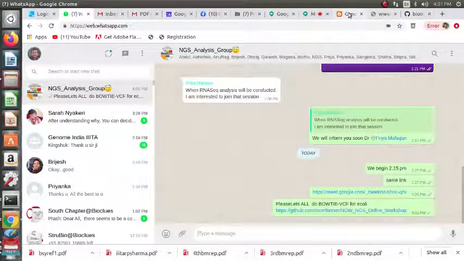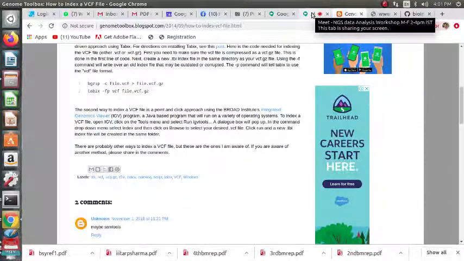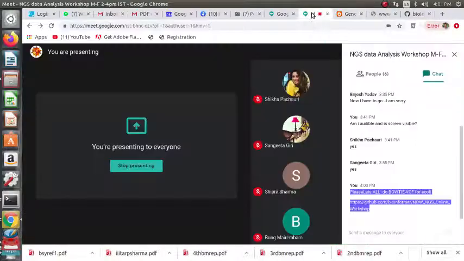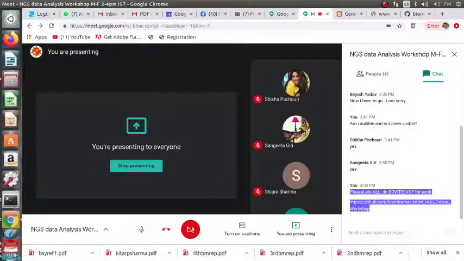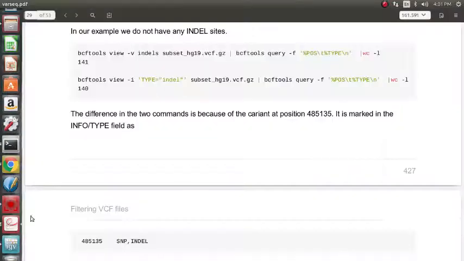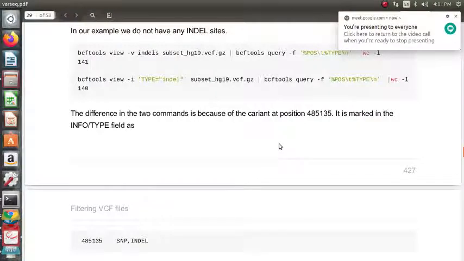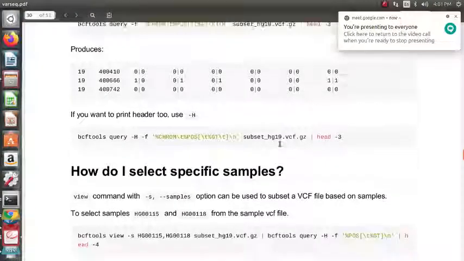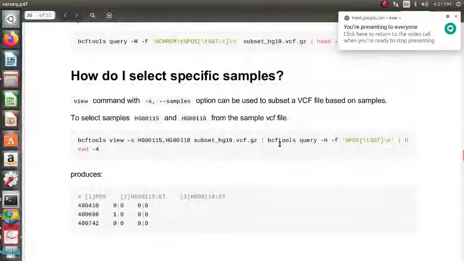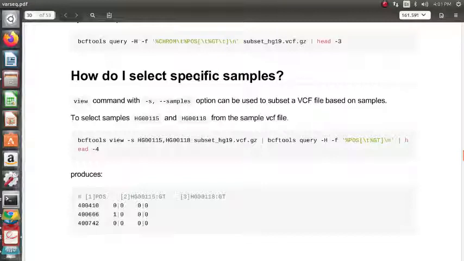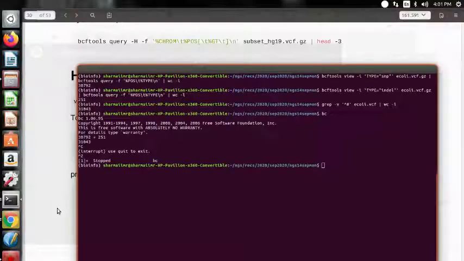We'll keep the files ready for Bowtie to VCF. Then only we can do the other things. We need a minimum of 2 samples for the further commands. Yes, we require a minimum of 2 samples for the further commands. So please do the Bowtie to VCF for tomorrow.